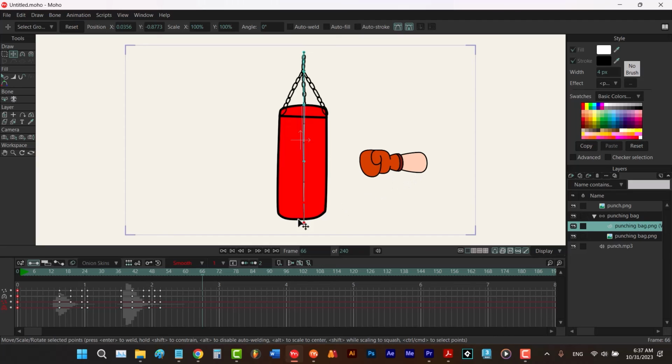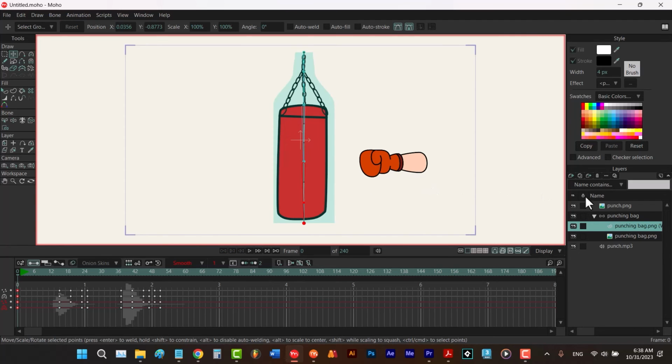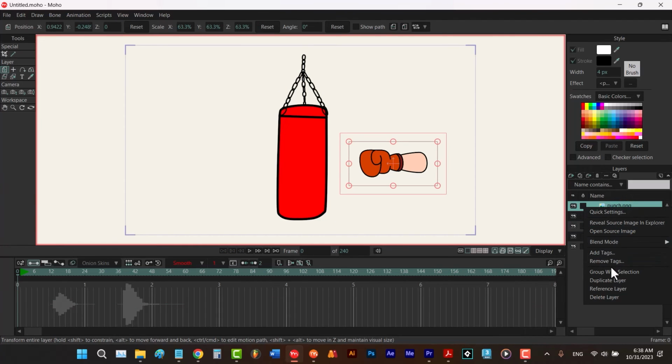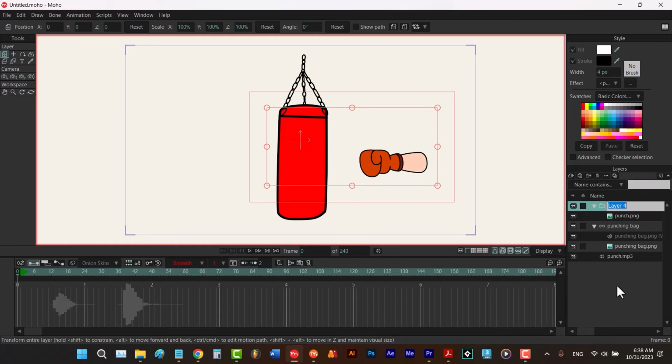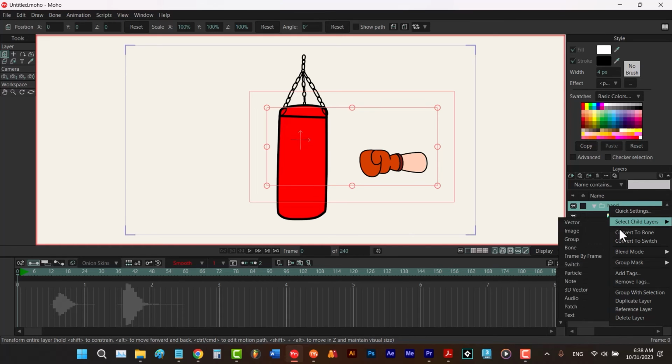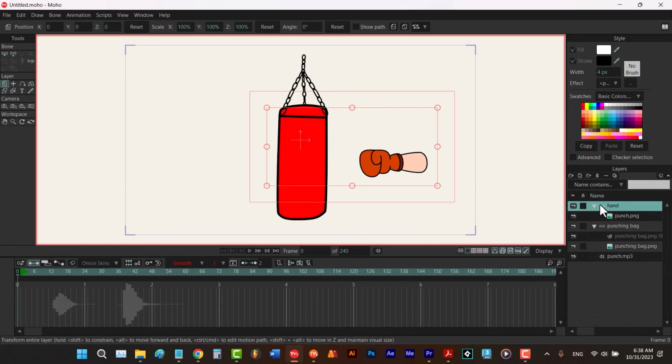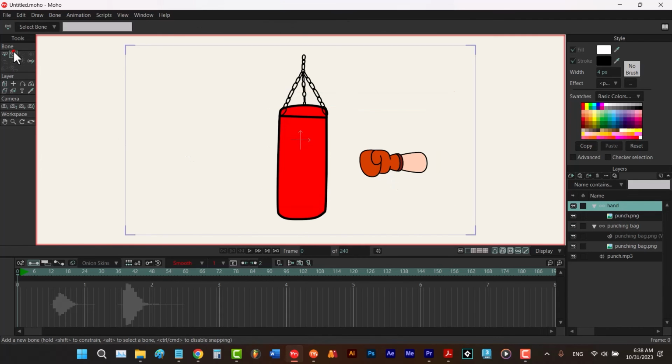I'm going to go back to frame 0. Then I right click on its layer and choose group with selection. Let's call it hand. And I hit enter to confirm its name. After that, I right click on hand and choose convert to bone to convert it to a bone group. Then using add bone tool, I'm going to start dragging, and by holding down the shift key, I can draw a horizontal bone, and right now I just want to animate the position of it in x-axis, so I use